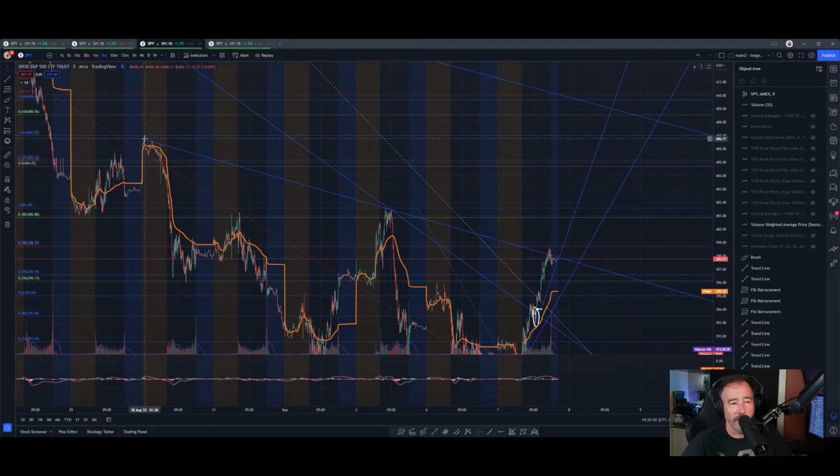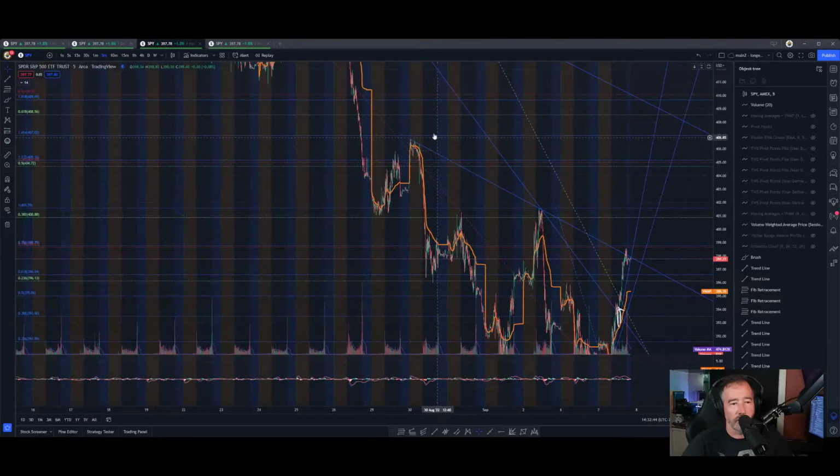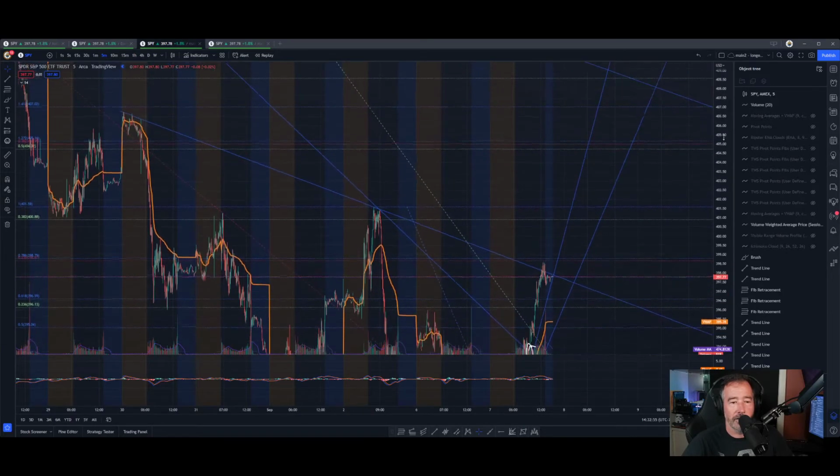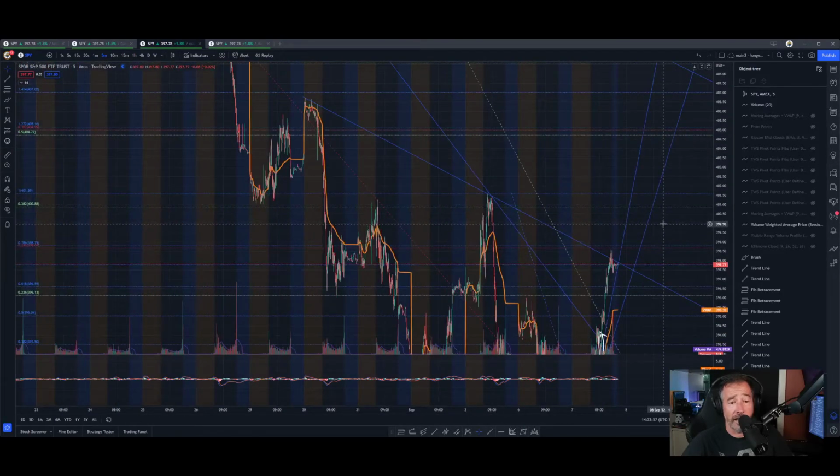But I say that because it's not part of the bigger trend. It's just this little temporary trend line right here. And if I go look at other tools, I see other reasons that it's stopping there. It has not near as much to do with this trend line as it does with some other things that I see.